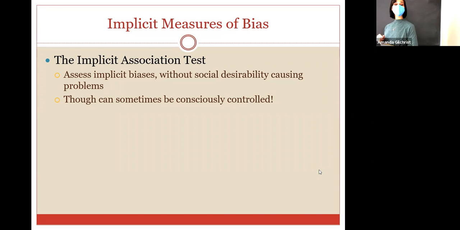There are reports that it can be consciously controlled, but it's an interesting way to learn about what potential biases you have without social desirability getting in the way. So I would encourage you, if you'd like to try it, to go check out Project Implicit at Harvard. You can go ahead and Google it. I will say